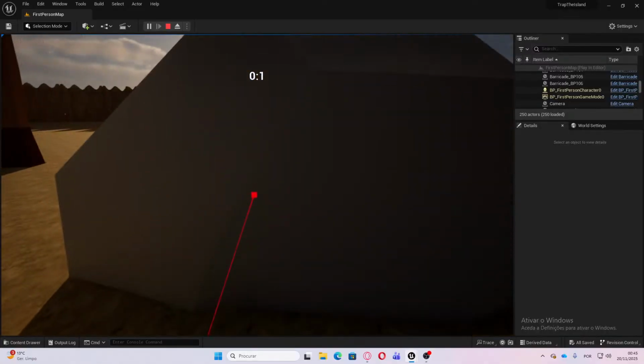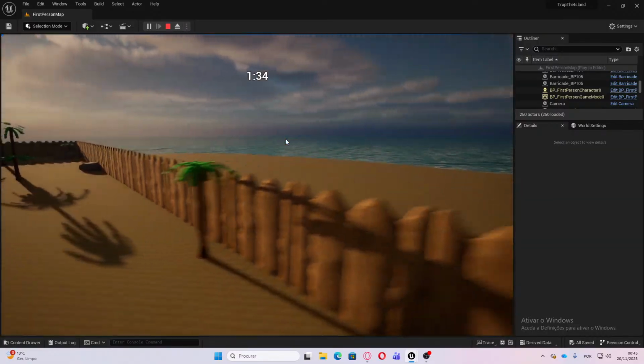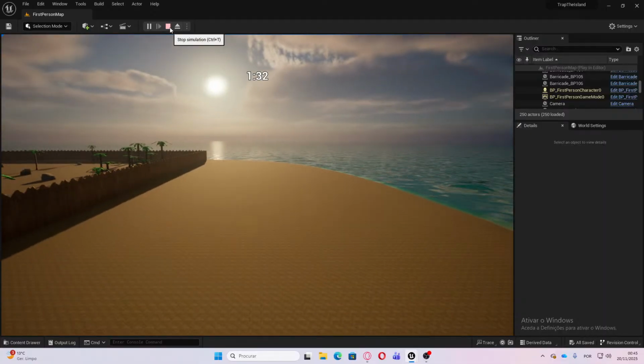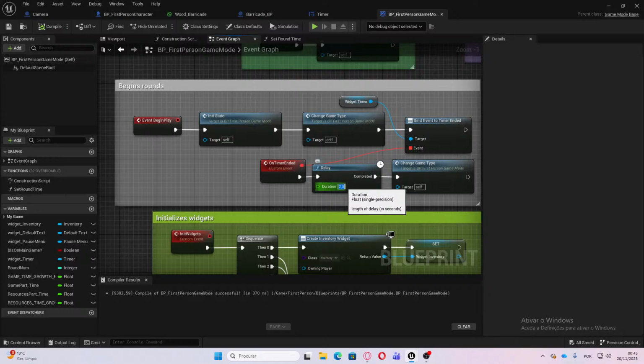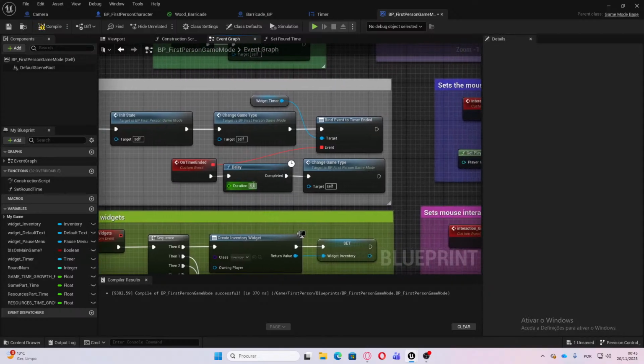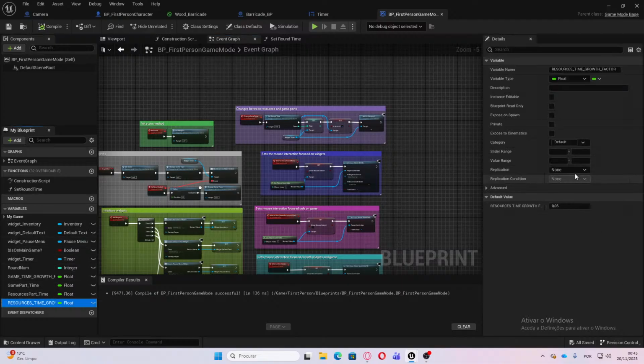You have one more 1.5 seconds, so I think it should be a little bit more. So this should be something like 5 seconds. Actually, like 3 seconds. And these resources time growth factor should be